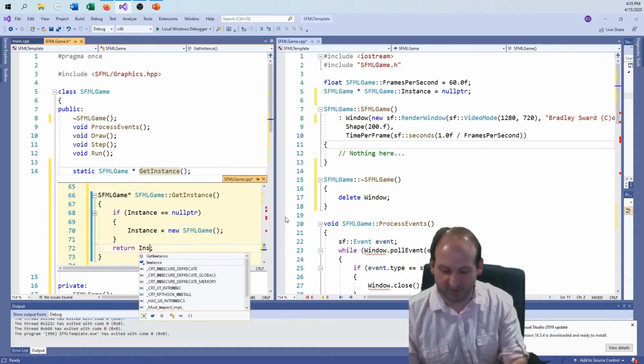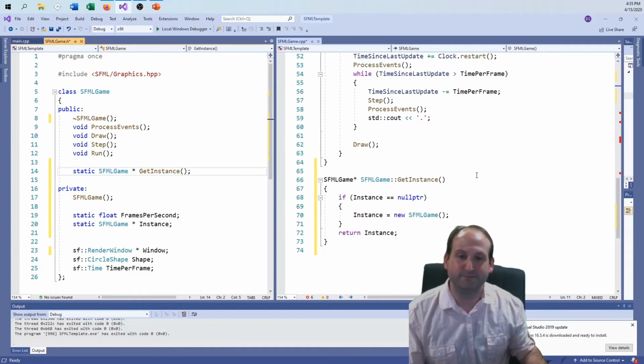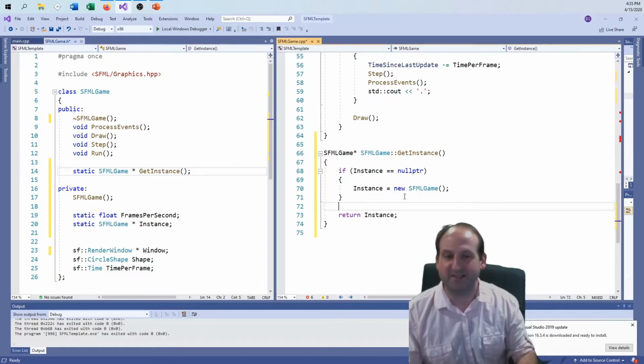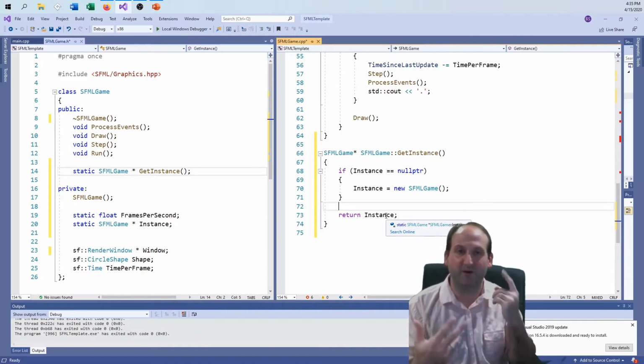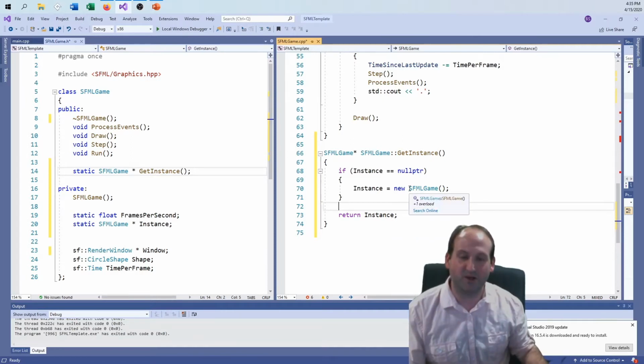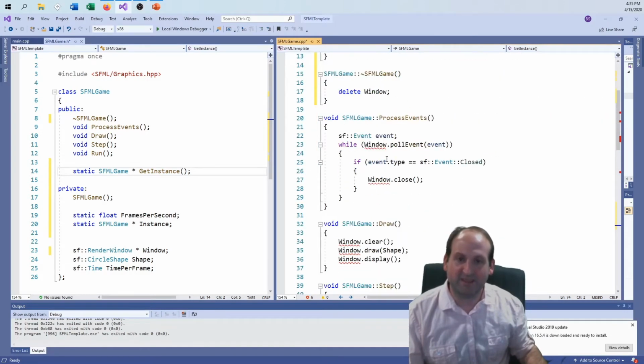Every other time through, the thing's already created, so the if statement will fall through, and then I can just return whatever that thing is, no matter what. So it always gives me a way to only get one access to one object. And so maybe you already noticed while I was skipping through here, the last thing I need to do is